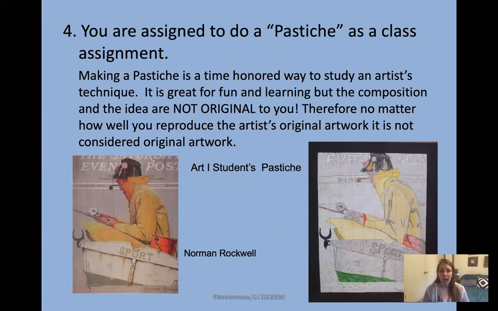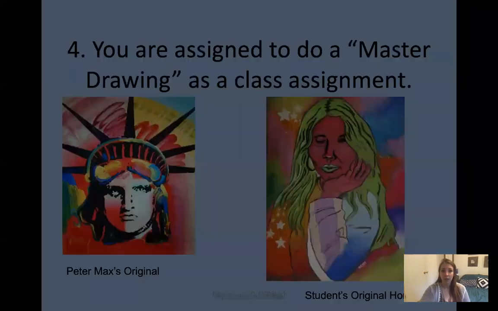All right, another thing that I do not do because you cannot include it in your AP portfolio is a pastiche. That is when you take another artwork like Van Gogh's Starry Night, I've seen it a million times, and you copy it as closely as you can to learn about their use of composition, color, brushstroke, whatever it is. This is a great way to learn, like a fantastic way to learn, but it's probably not the best use of your time this semester because you cannot put it in your AP portfolio.